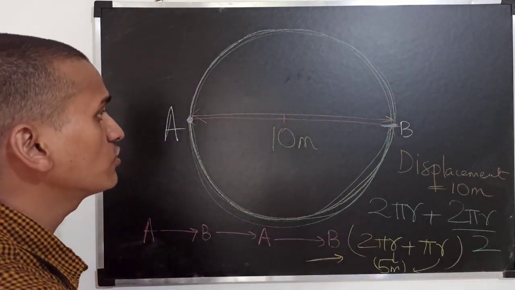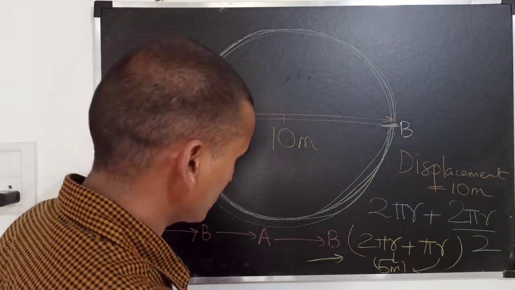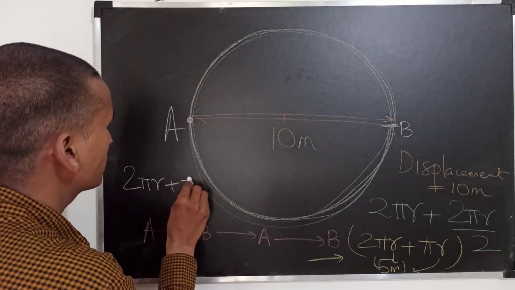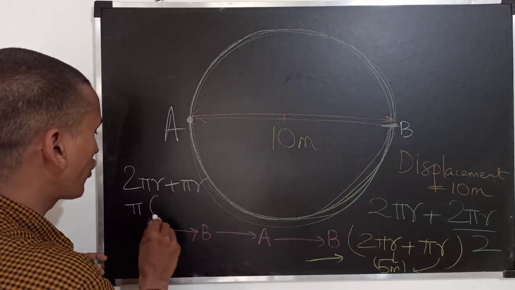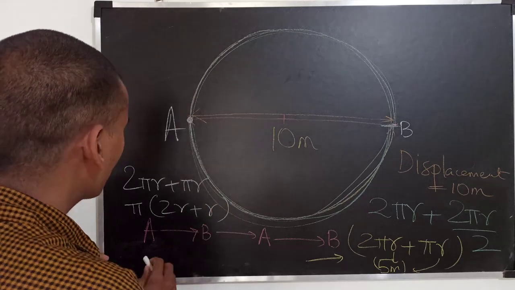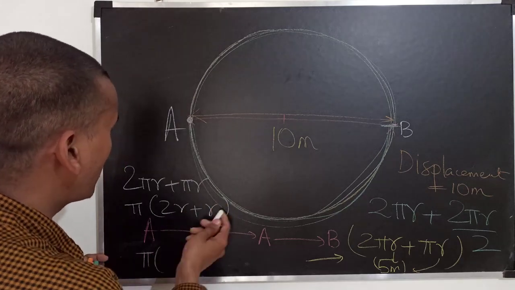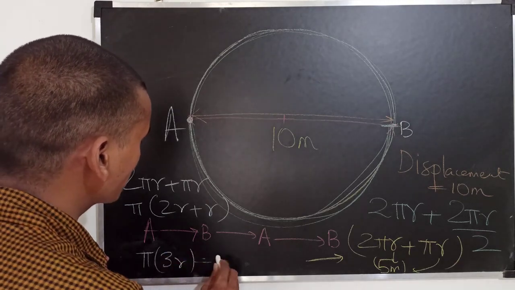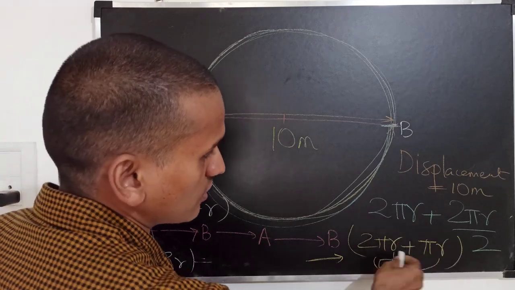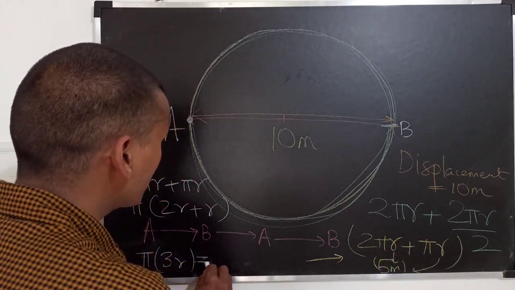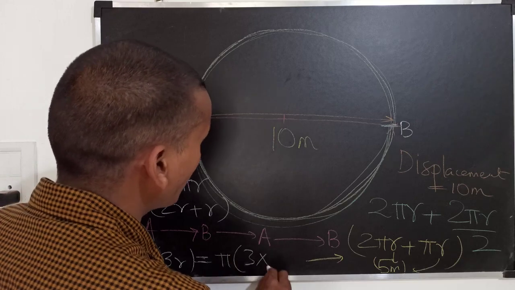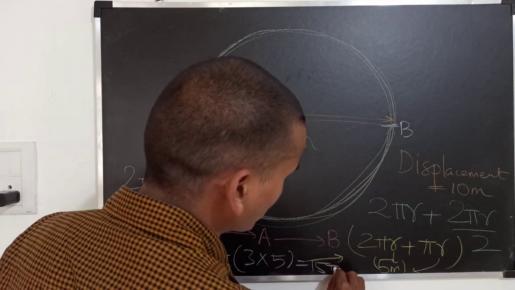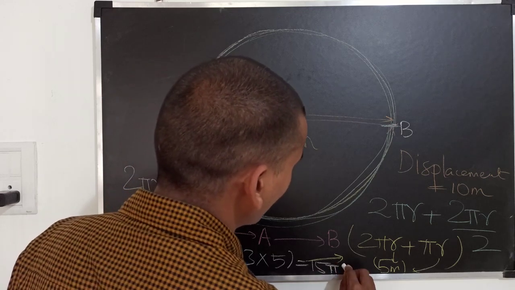Now how to solve this without use of calculator? We'll see how to solve this to find the distance here. See, you have 2 pi r plus pi r. What you do is take pi out common, 2r plus r, correct? Now 2r plus r is 3r. Or you could have just added 2 pi r plus pi r, these are common, so it would have been 3 pi r. Now pi into 3 into what is r? R is 5, so 15 pi. We can just write 15 pi, no problem. They will give marks for 15 pi meter, correct?